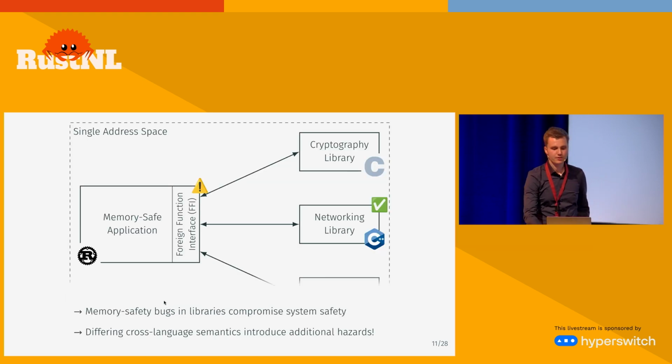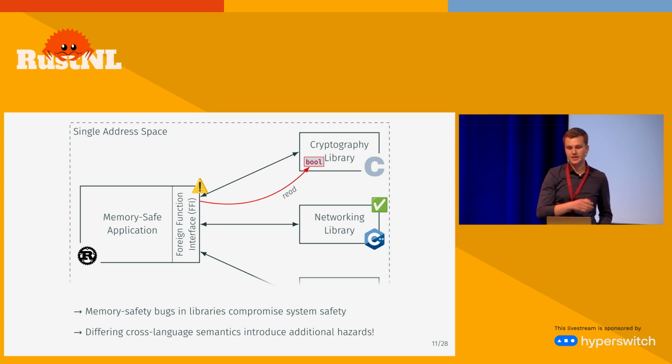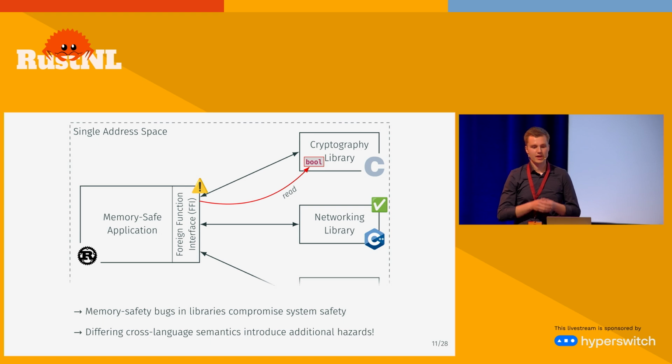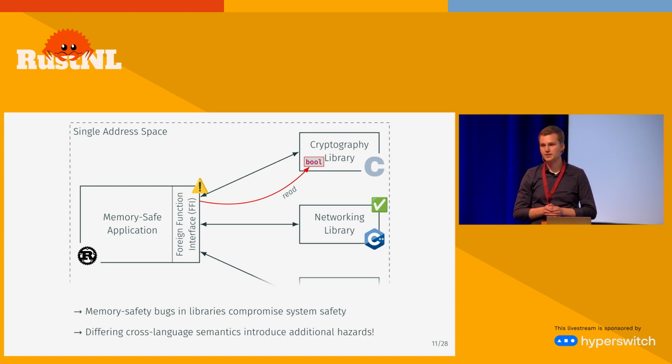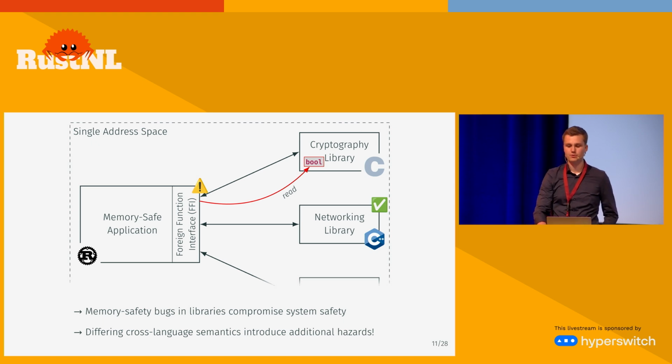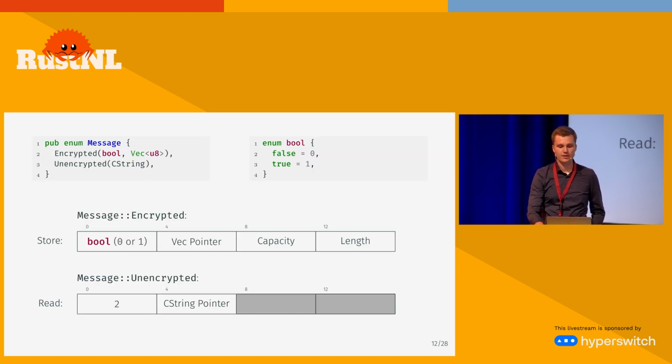This can break, however, when, for instance, Rust then reads a value of type Boolean that has been modified, for instance, by some foreign code. This is because foreign code does not necessarily need to adhere to the constraints that Rust places on its types. And so if, for instance, Rust were to read a numeric value of 2 in this Boolean field, then we could be storing this message encrypted variant here and storing a vec besides the Boolean as illustrated in the enum's